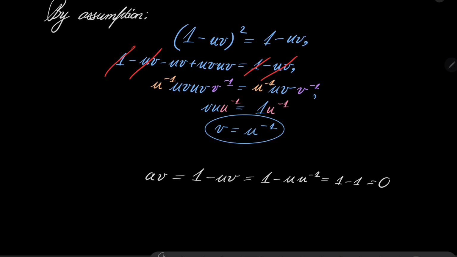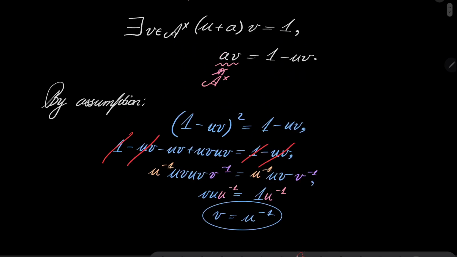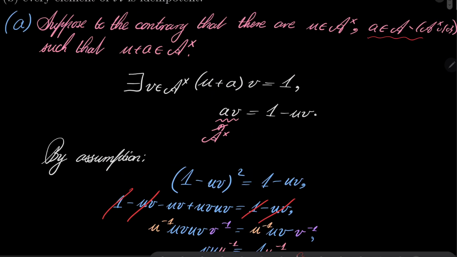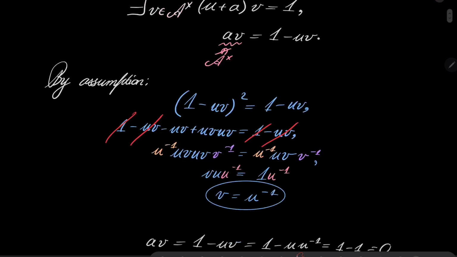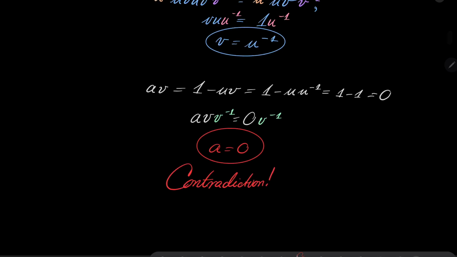And now I will take this line and I will multiply by V inverse on both sides. So I get that A equals 0. And this is a contradiction because we have assumed right here that it is not. We get a clear contradiction. Which means,